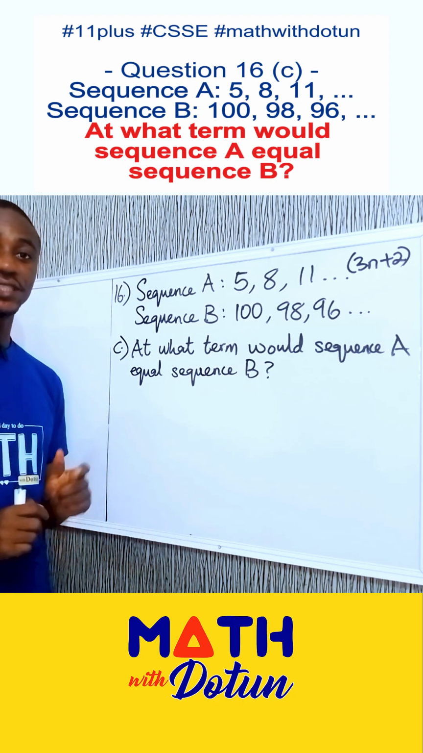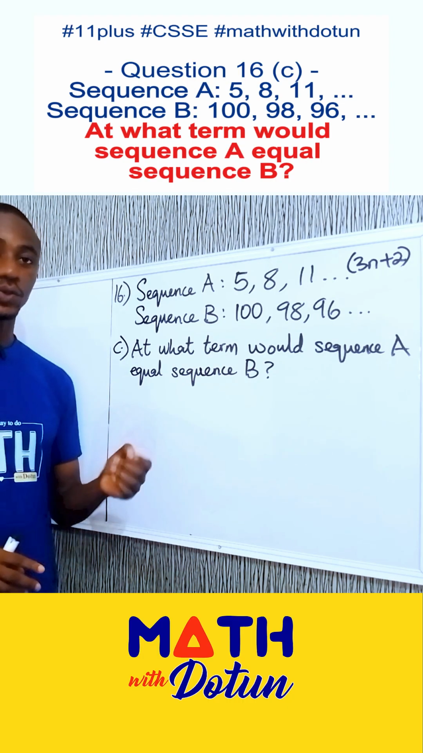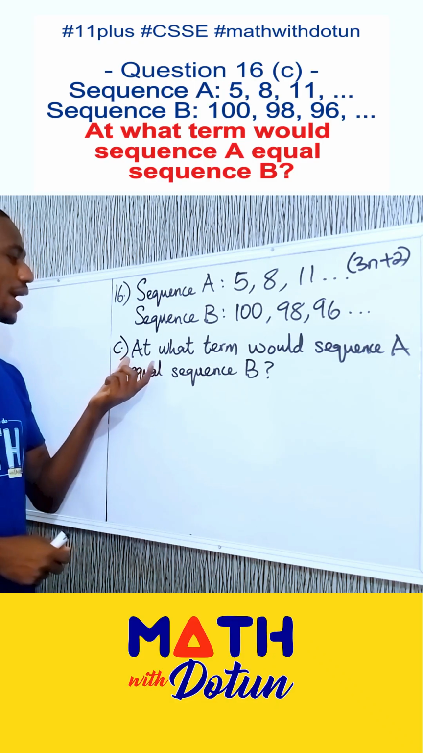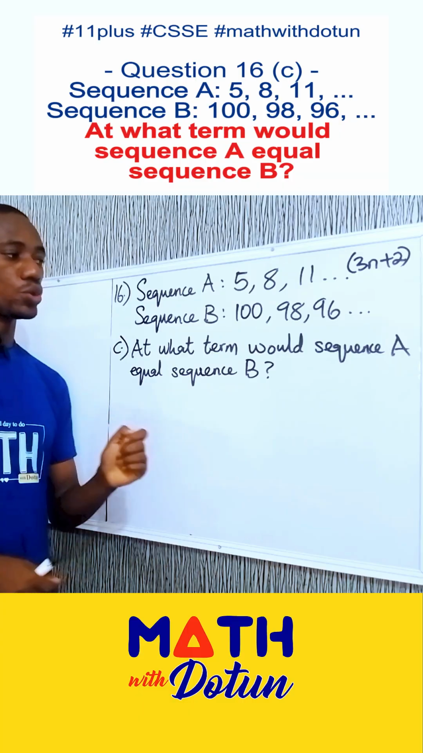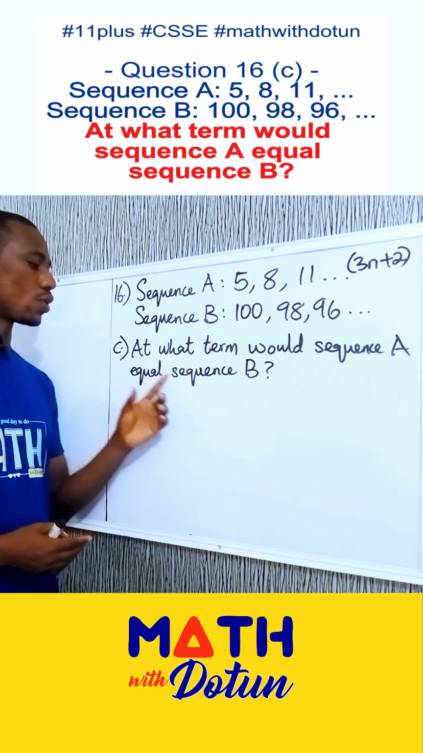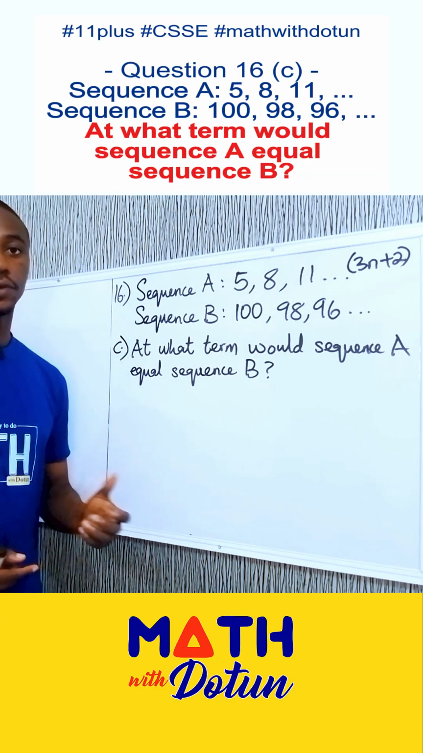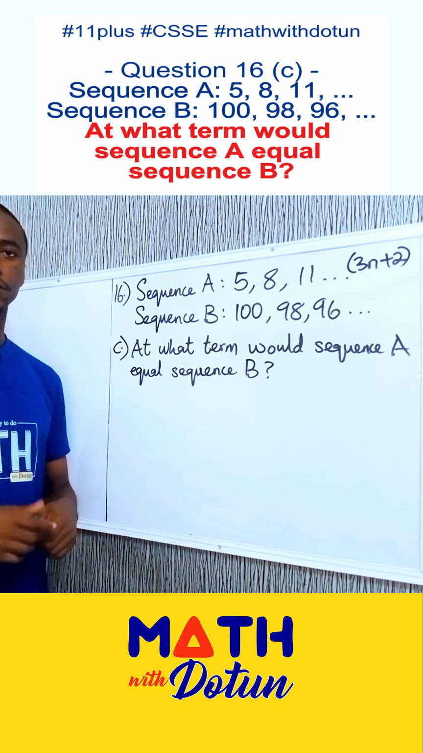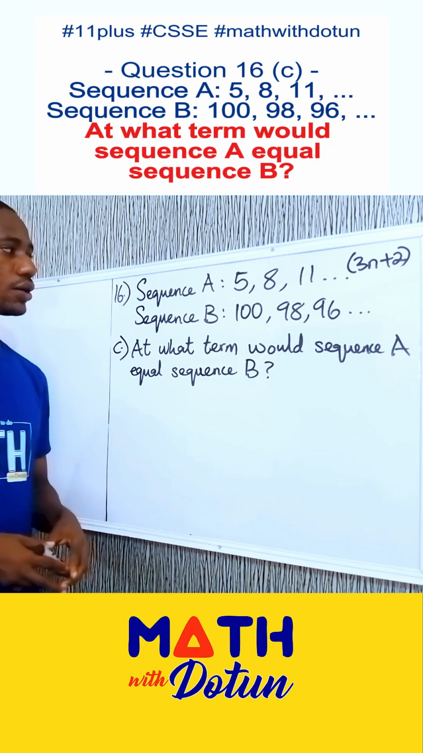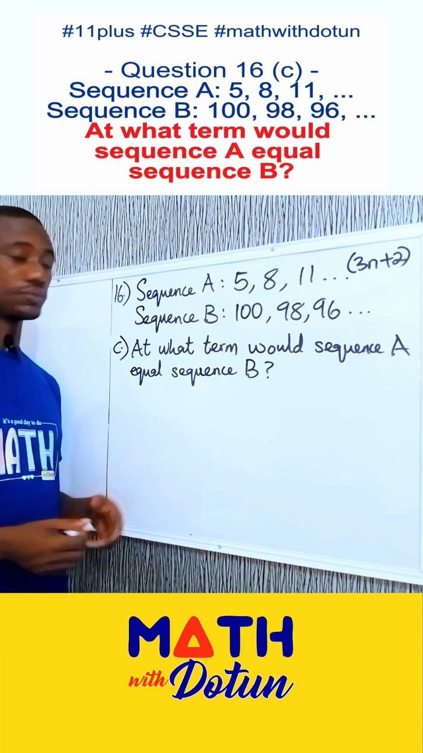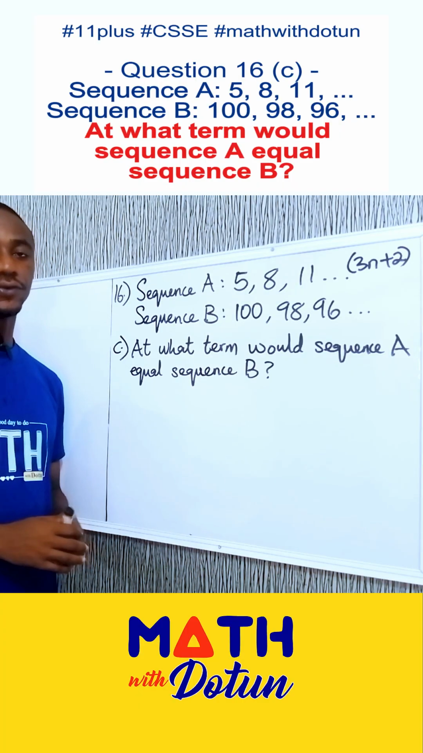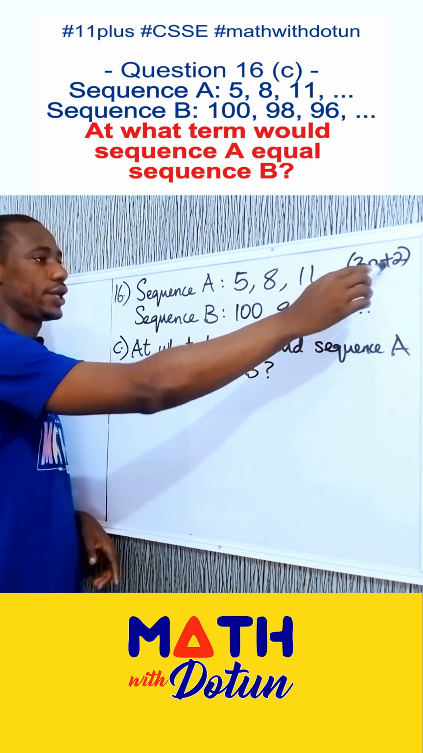Alright, this is question 16c. We have sequence A and sequence B. And we are asked, at what term would sequence A equal sequence B? When would they have the common value of n? If you've followed from 16a and b, we've already found the nth term for sequence A, which is 3n